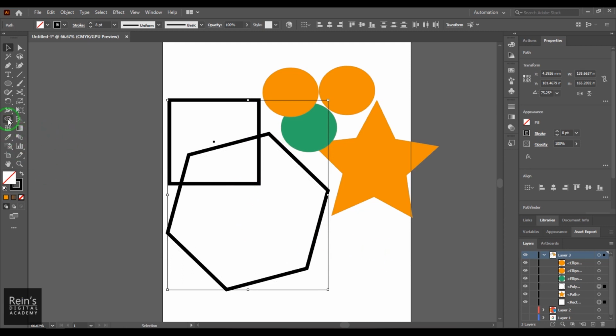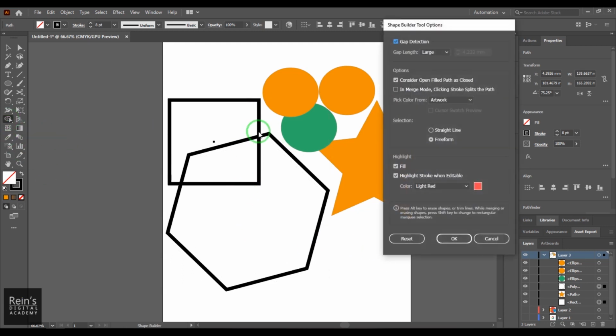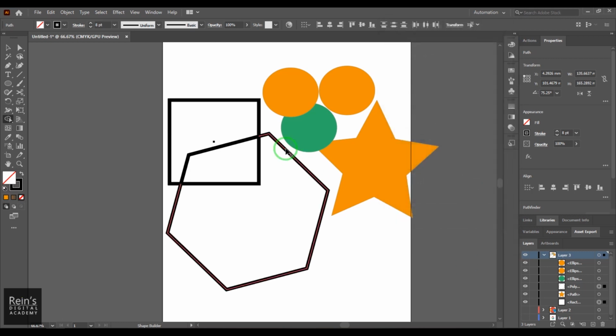Now I hold the Shape Builder, double click, merge mode. In merge mode, clicking stroke splits the path, so I need to click that stroke. Okay, that's it, and then I can click this one. What happens is when I select the stroke,